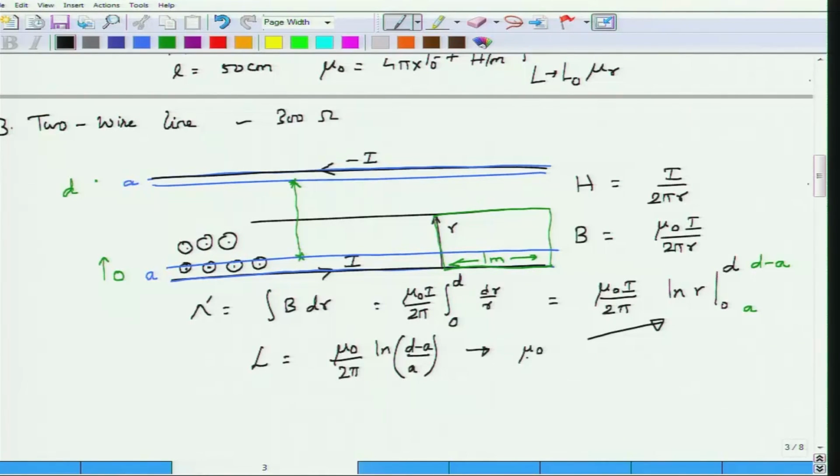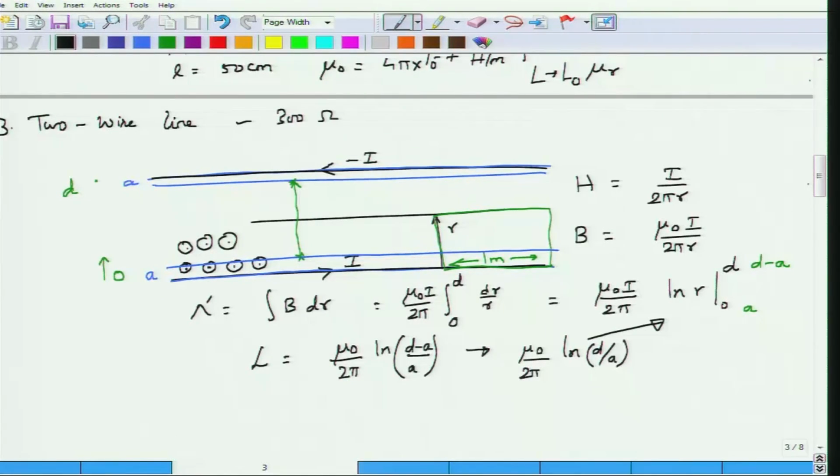This can be approximately written as mu 0 by 2 pi into log of d by A. A slightly better result can be obtained if I replace this d minus A by the geometric mean of these two distances. I can do that, but I will get a very small improvement, not really worth the effort. Now you might ask, for the coaxial cable that we considered, we did not actually talk about finite